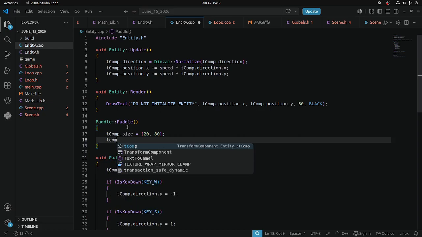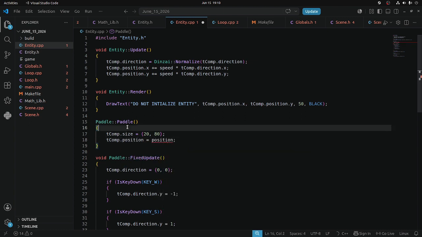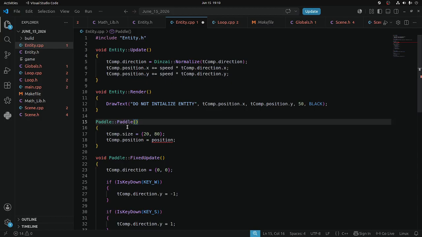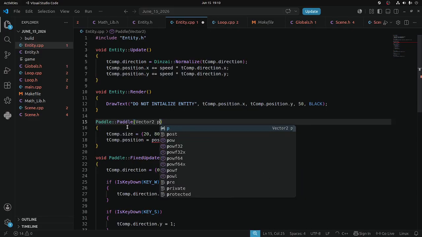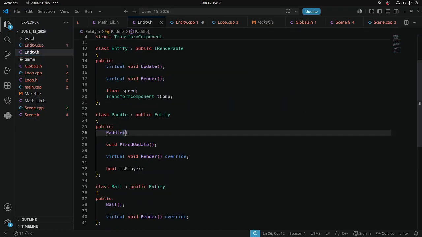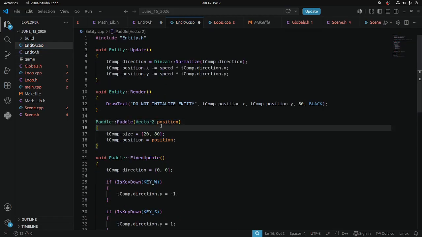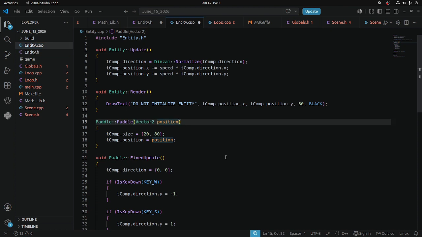I'm going to just kind of go in here and check something. Yeah, overall. And then position is going to be position. What do I mean by that? So when I'm instantiating these paddles, I really don't know where I want it. And I know I'm going to need two of them. So I'm going to pass in a variable there. So when I'm creating this paddle, I put in a position I can have both. And then I want a Boolean